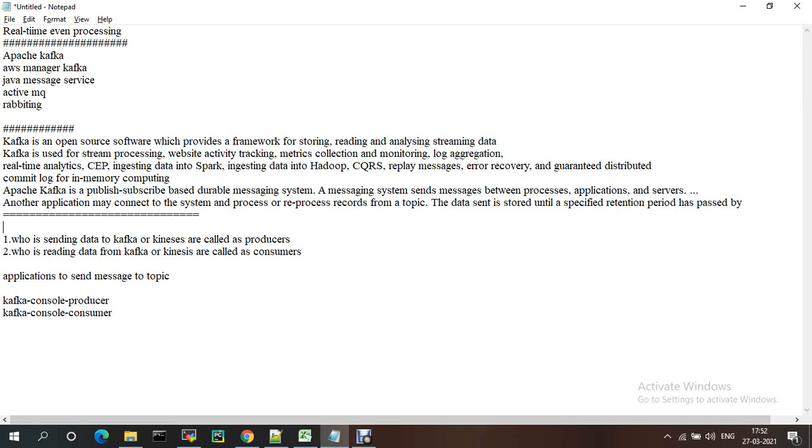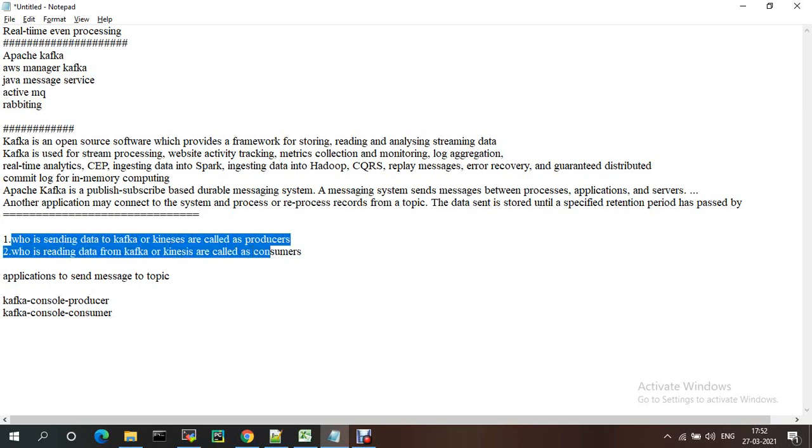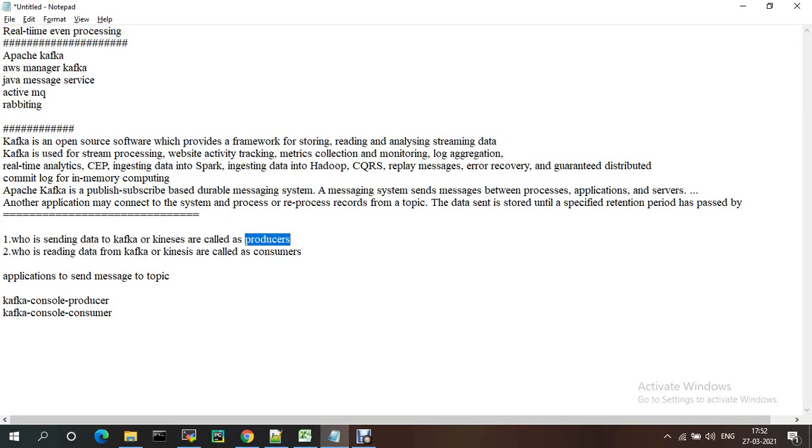We need to first check whether that item is there or not, so we enter that item, send something, and the response will come. For that kind of thing we will use Apache Kafka. Here, who is sending data to Kafka is called the producer, and who is reading from Kafka is called the consumer.